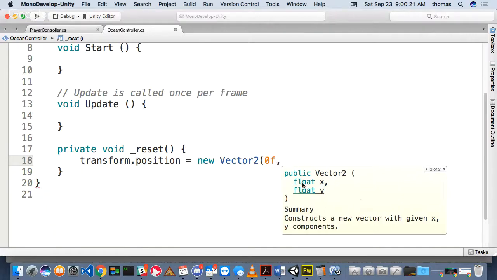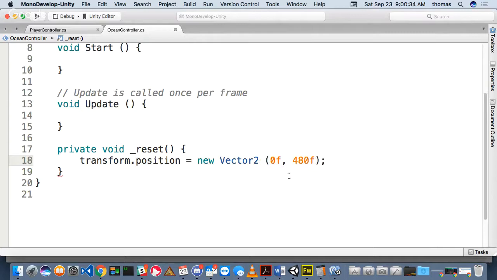Notice that I'm also listening for floats, floating point numbers, so I've got to put the F next to it. You can leave it out in Unity, but I like to put it in. And then some kind of number, so 480F, right? Now, this is okay because, even though I've put the number in here,